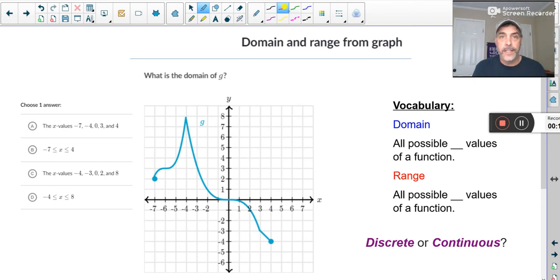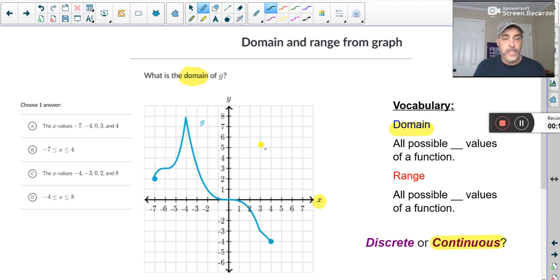Okay, moving on, I think we're almost there. I'm looking again at this word. What is the domain of G? Domain is all possible x values. I'm looking at this function. This function is definitely continuous. So now I'm thinking to